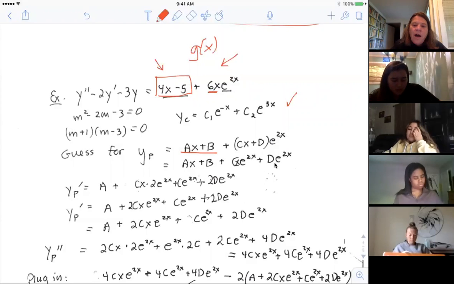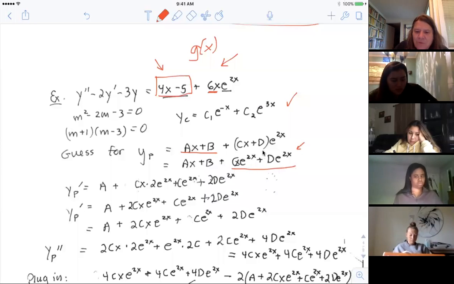So take your y right here. It's probably better, when you have this one right here, this (cx + d) times e to the 2x, to go ahead and multiply it out, because there are going to be some terms of it that are easy to take the derivative of. And this one, the derivative of that one's easy.